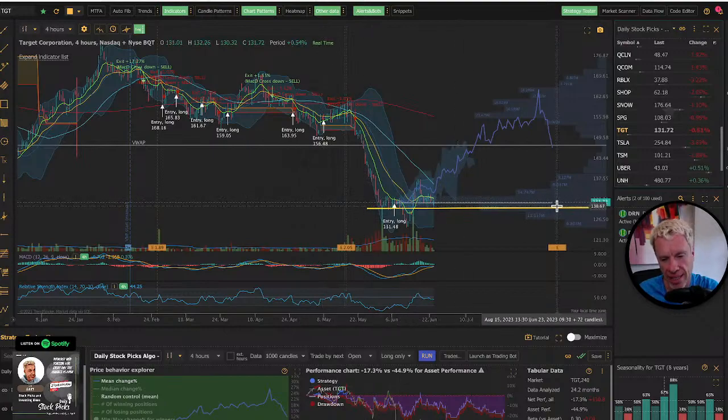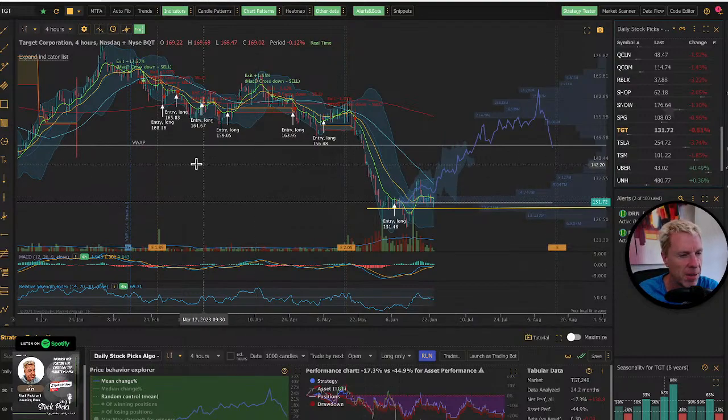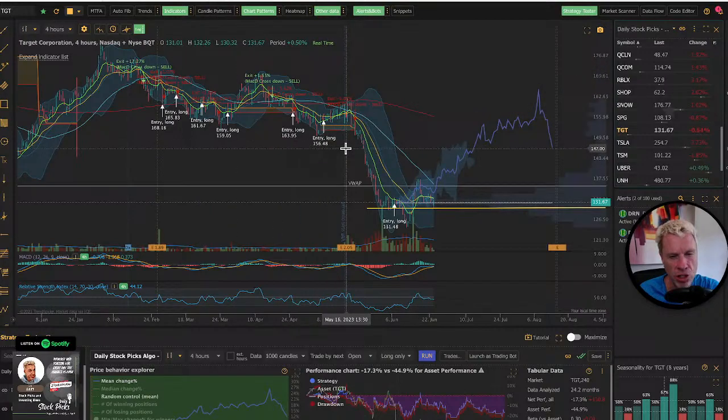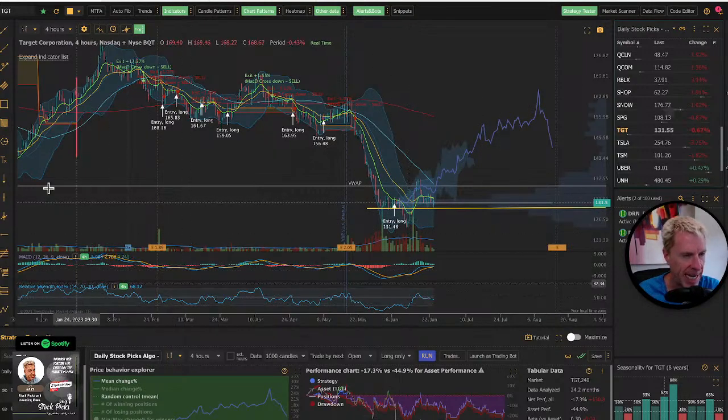Now, you got your ex-dividend date. You got your earnings out here. Now, if you pull back here, look at how many people are still holding at the 150 price. If we pull this, and these are volume shelves, back to where it started to actually go down, you're seeing the volume shelf up here at about 131 to 132. That's where the majority of people are buying. That's setting up a support zone. So I think that down here at about 126, it's setting up that support zone.